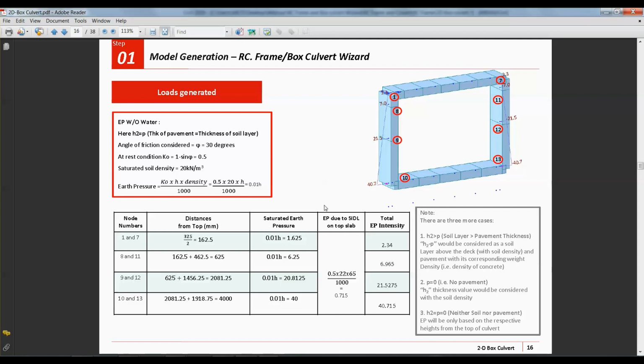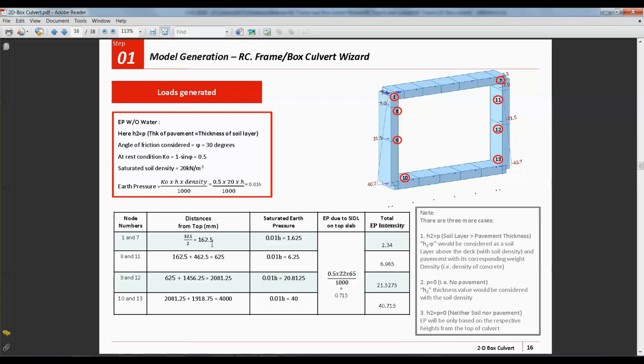As 325 is the total thickness of the slab, from the center of it 162.5 would be the half width of the top slab, plus the earth pressure due to SIDL on the slab, which is 0.715. So 1.625 plus 0.715 would be 2.34. So at the top it would be applied as 2.34.